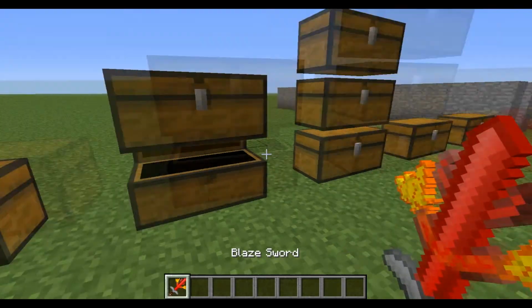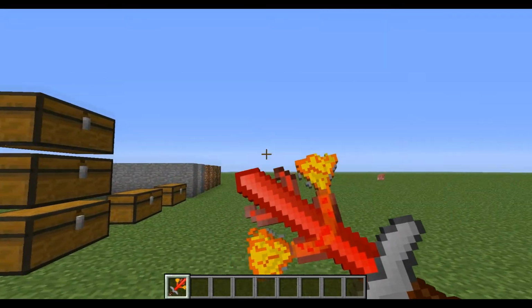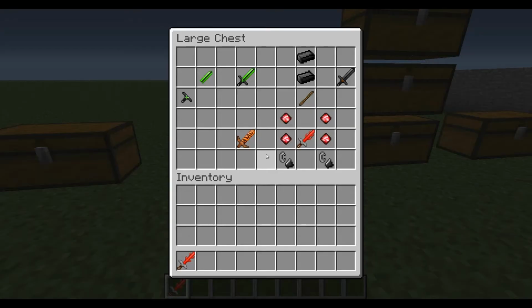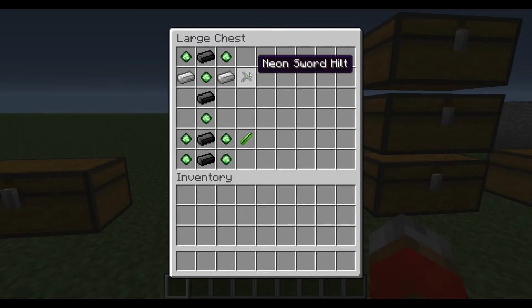And just look at this animation. This is amazing, I love the animation on this. Very nicely done. So, with the neon sword, to get the hilt, you'll need 3 green gems,